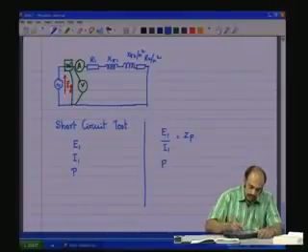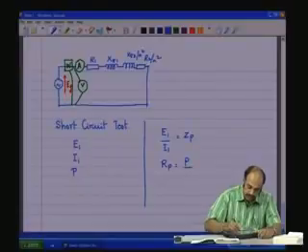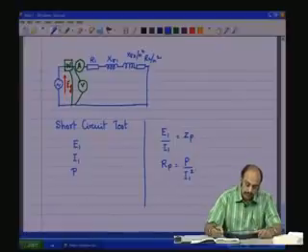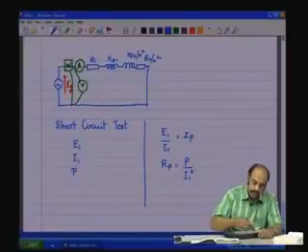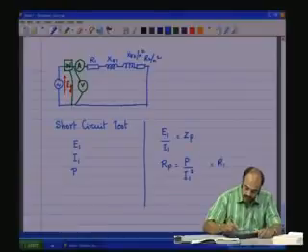Now, RP is obtained from the power that is measured under short circuit condition by I1 square, because I1 square into R will be RP, which is R1 plus R2 by N square,